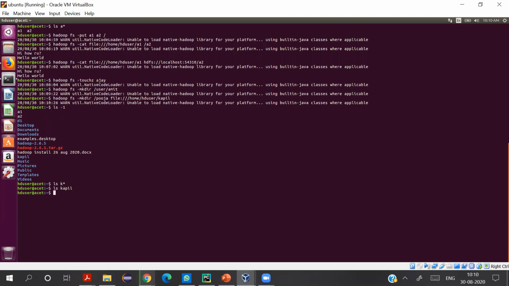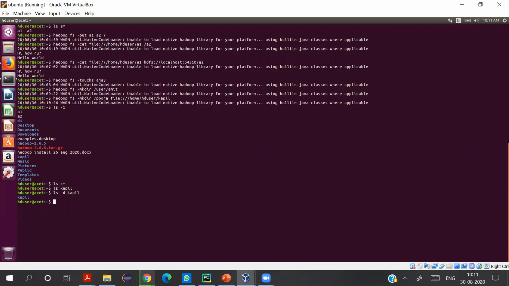You see, when we list a directory, the directory is not listed, its contents are listed. So maybe I can have a variation like this. Let's see whether this works or not. Yeah. So to list a directory itself, with its name, you use the -d switch in ls. Otherwise, if you run ls on the directory name, if there are contents in the directory, those contents are listed.